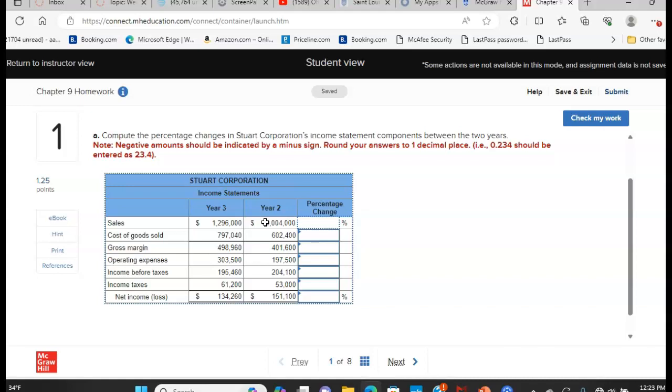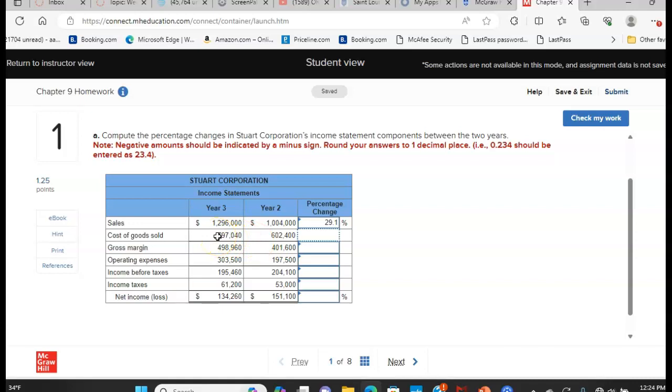And that gives us an increase of 29.08, but we round it to the nearest decimal. That should be written as 29.1%. For your cost of goods sold, take the